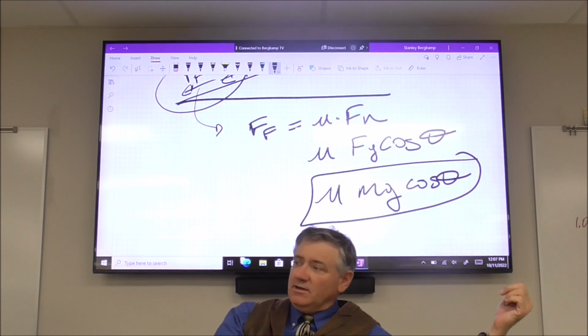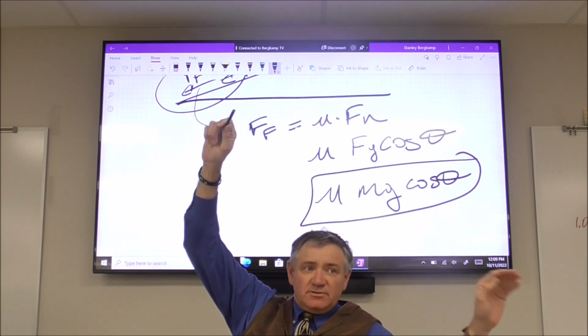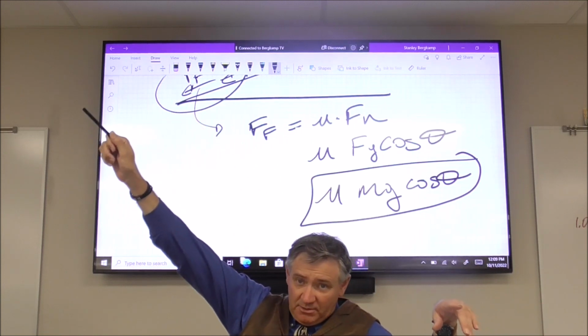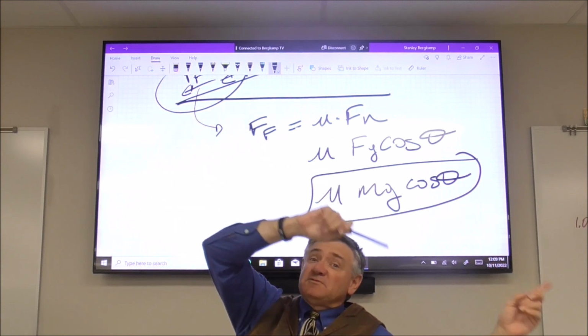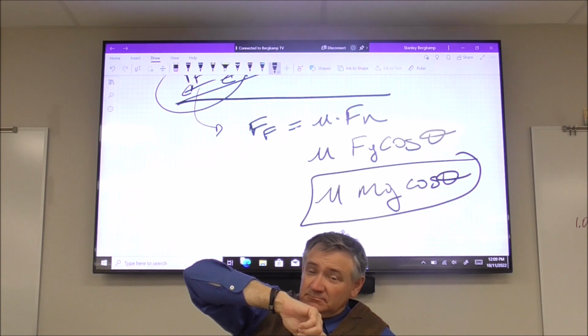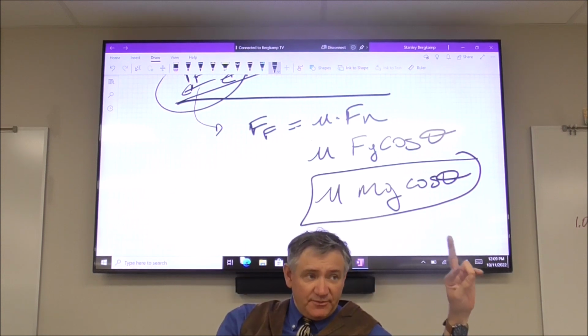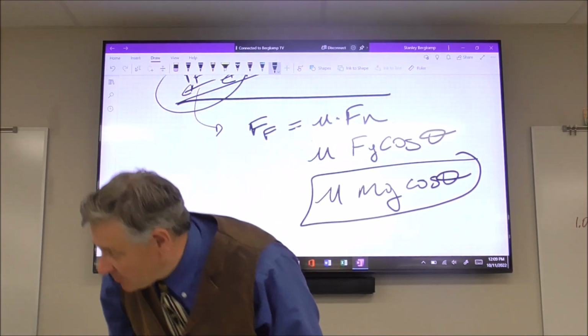Down the hill, okay? So you're going to have some applied force going up the hill, and your frictional force is going to act down the hill. Because you're pulling it up the hill, what other force is acting down the hill? Parallel. So that applied force should equal the sum of your force parallel and your force friction. So if all goes well